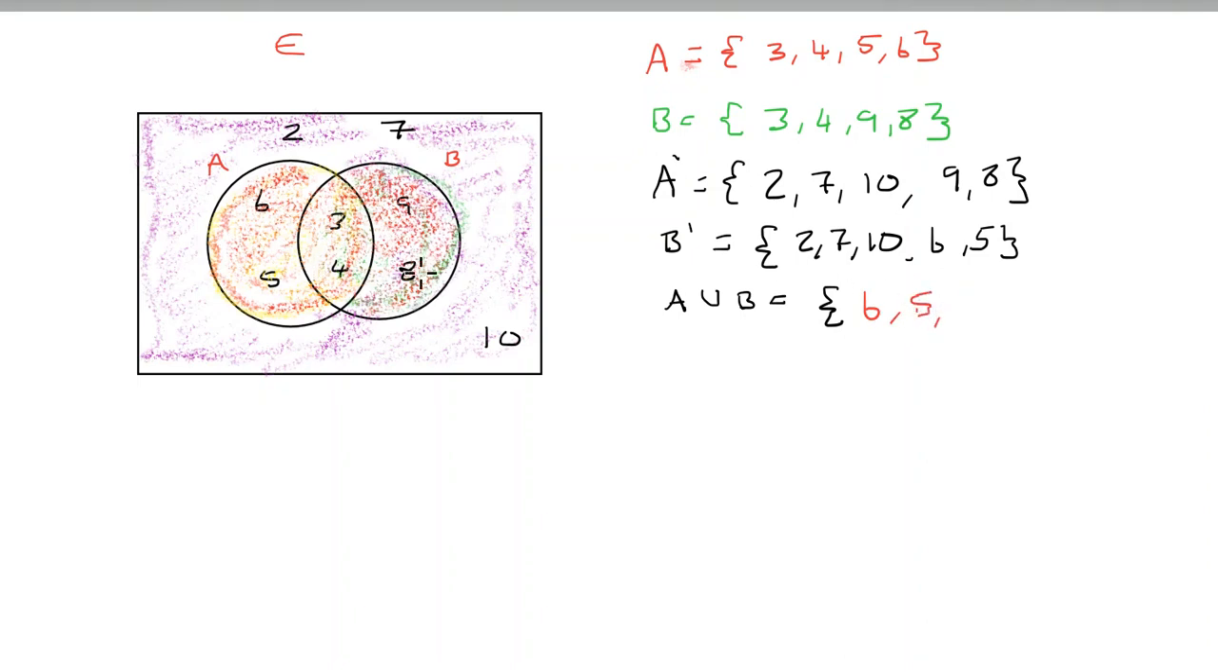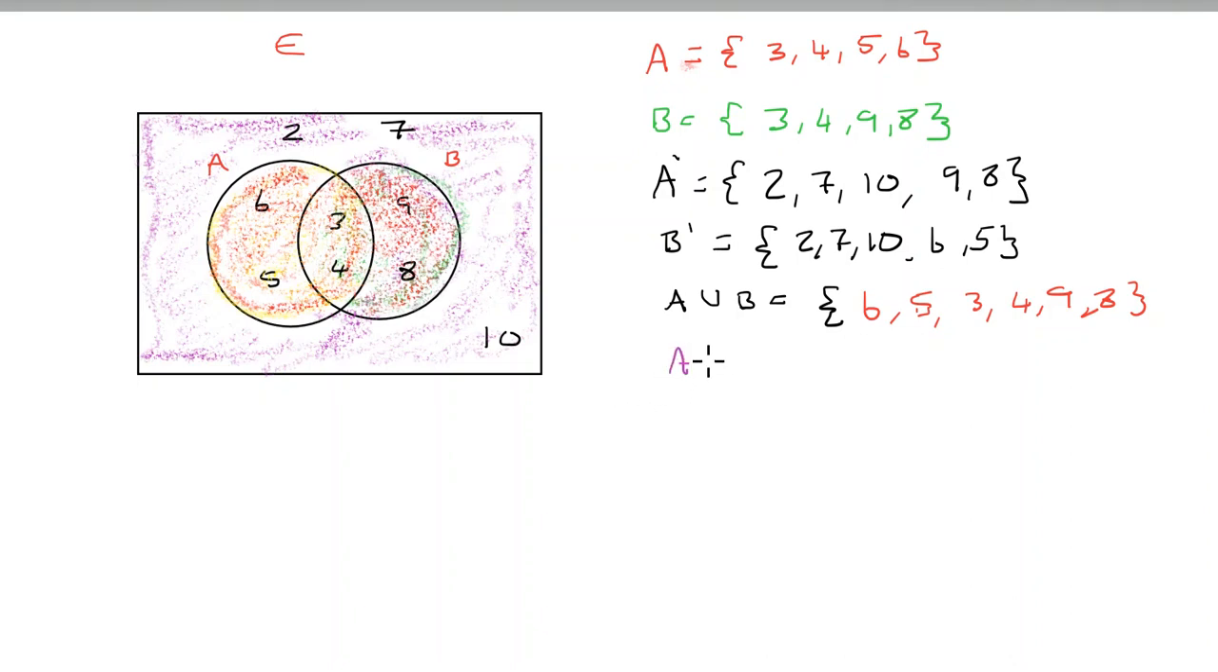So 6, 5, 3, 4, 9, and 8. Okay, so that's A union B. And then if we think about, so if we had something like this,